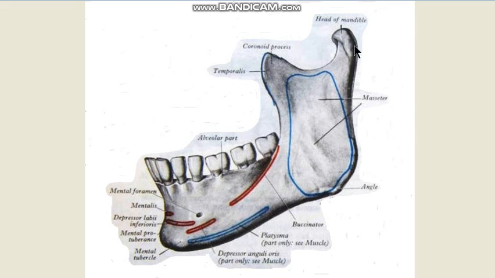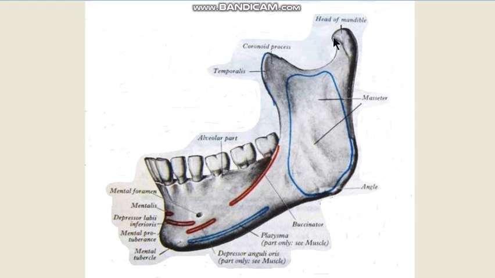and the condylar process has got an almost spherical articular surface for formation of the temporomandibular joint, and this cap of the condylar process is called the head of the mandible. The articular surface of the condylar process is called the head of the mandible, and this is elongated transversely. Although it's convex in all directions, this entire head of the mandible is slightly flattened anteroposteriorly and elongated mediolaterally. So somewhat the axis is transverse and directed anterolaterally. So this is the head of the mandible.